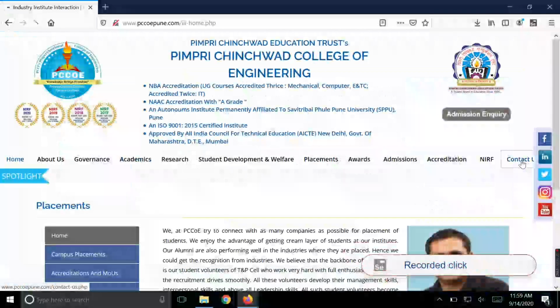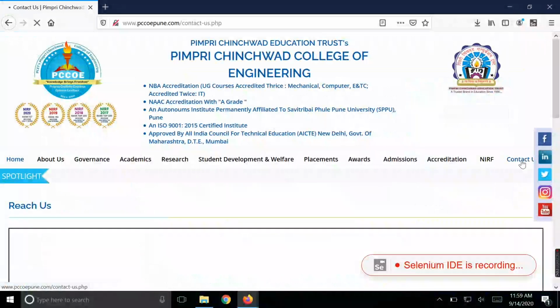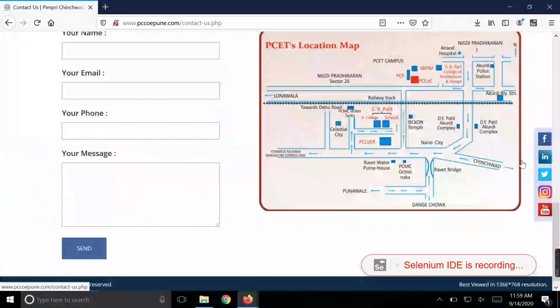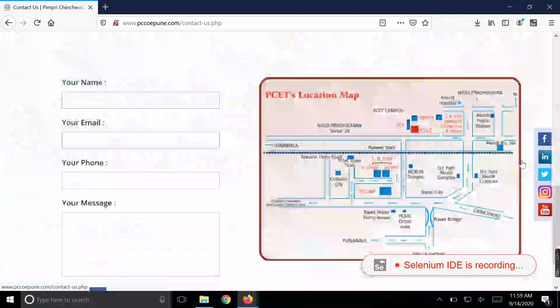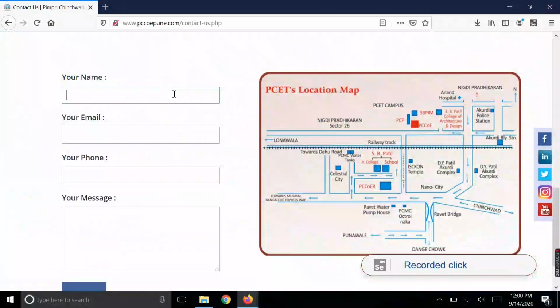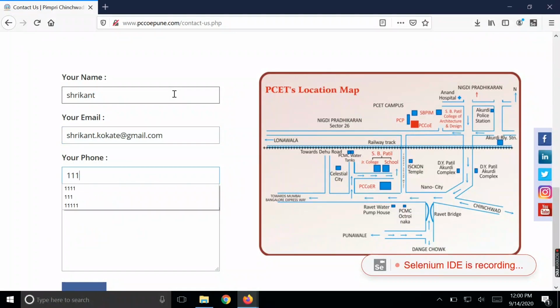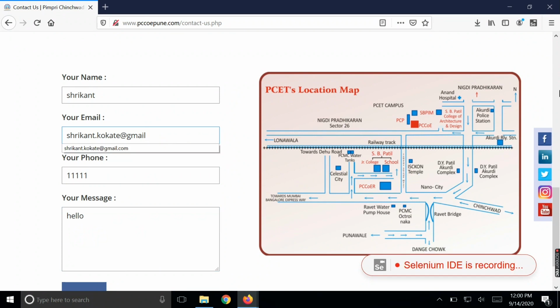If I go to the contact us page, suppose there is an option called contact us, and if I write something in contact us, let's say name, email, some text, phone, and some message, and if I click on this, I'll write this incorrectly so that it will not save.